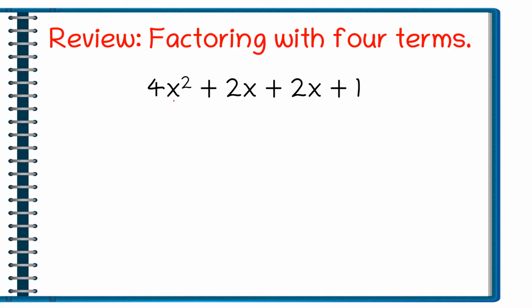All right, same thing. We have 1, 2, 3 terms. I'm going to cut it in half. The GCF for the first 2 terms is 2x. They both have a 2x in common. So 4 divided by 2 is 2. X squared divided by x is x. 2x plus 2x is